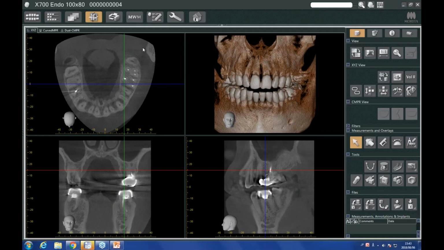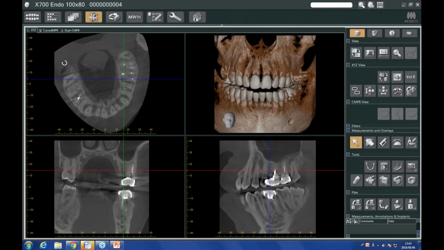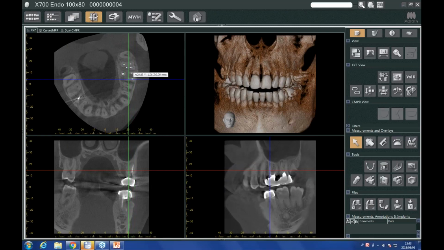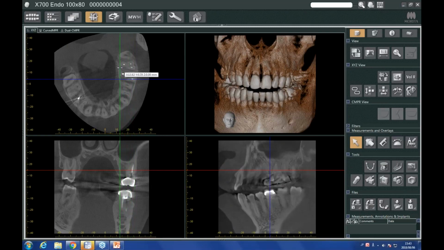So in i-Dixel, what we do is we simply grab the image and rotate it like an object. So I can imagine just me grabbing this corner and just dragging it down. Okay, this is going to align the bone with my line. And then I'm going to start from one side and just work my way back towards the buccal side